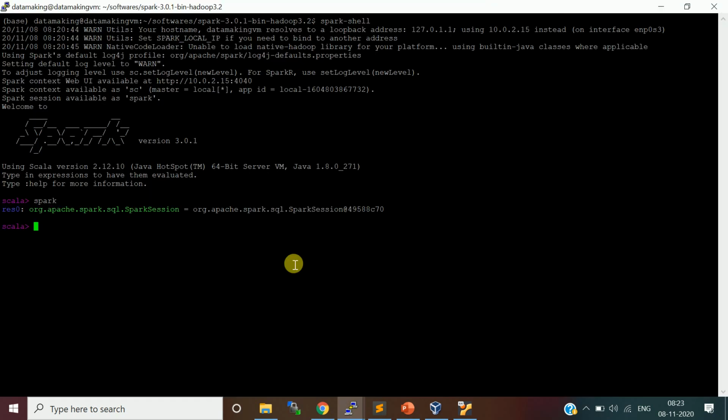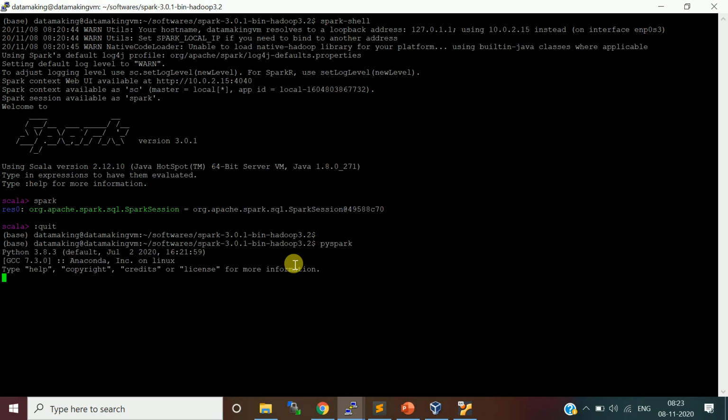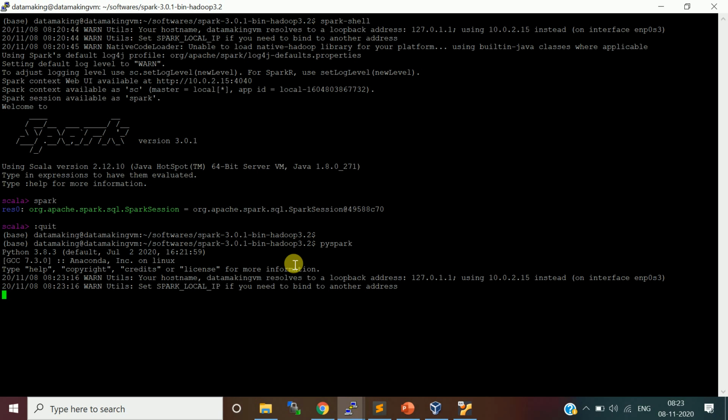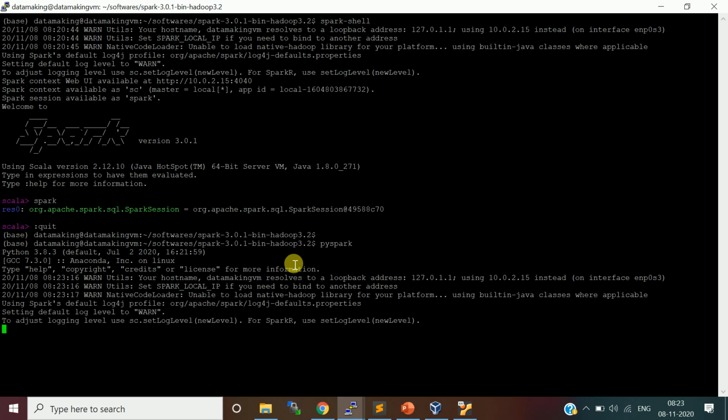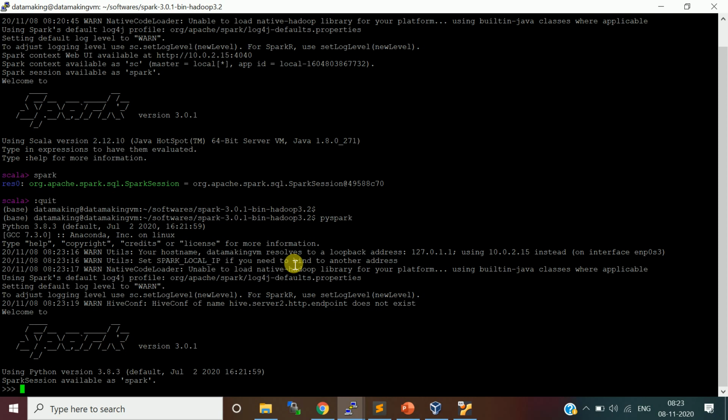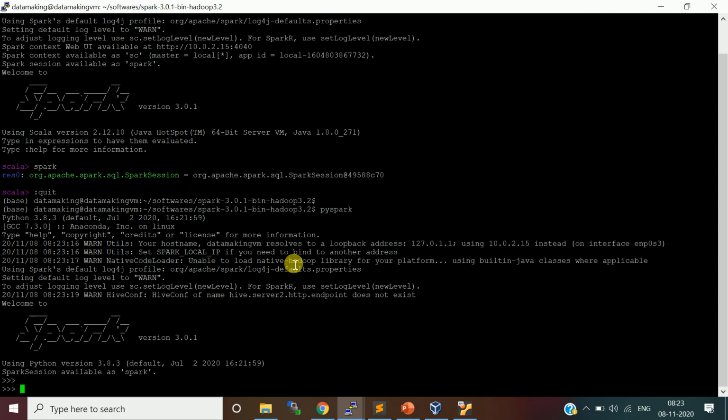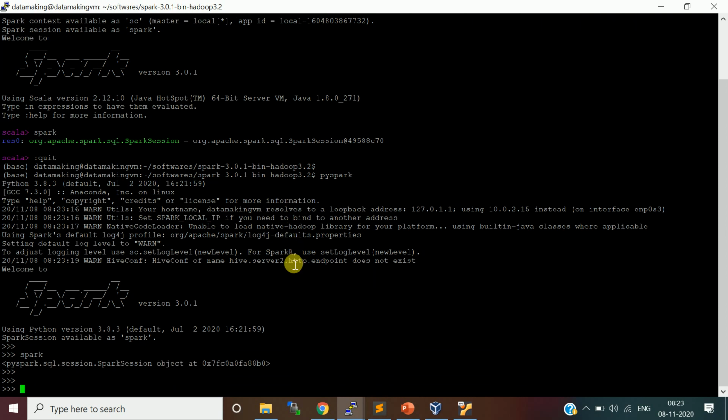Now I will show you the PySpark CLI as well, for the benefit of Python Spark users. You just type pyspark, and it is going to open a PySpark CLI. It's almost the same, with just a few syntactical changes between Scala and Python in terms of usage of Spark.